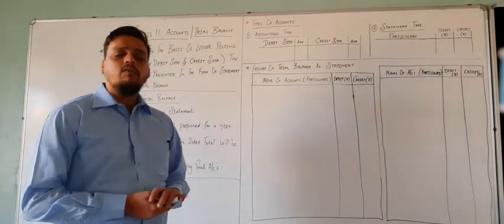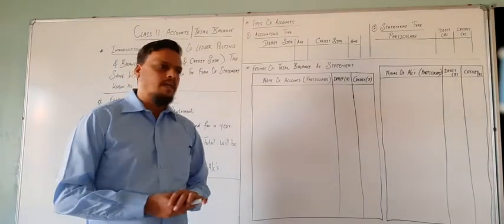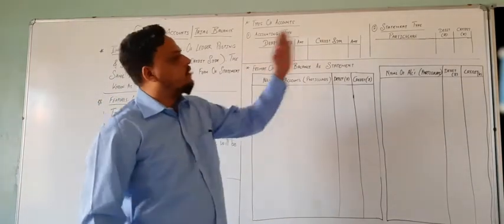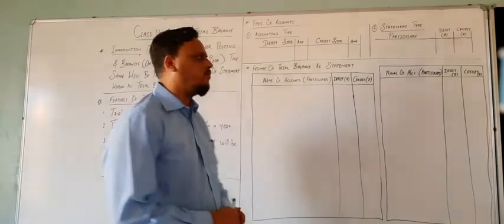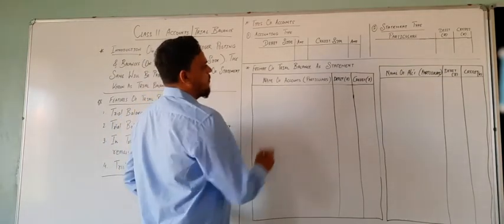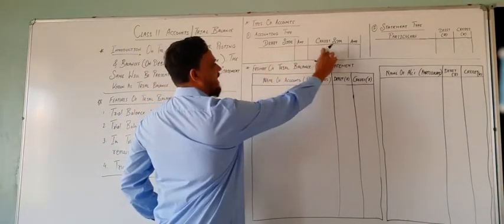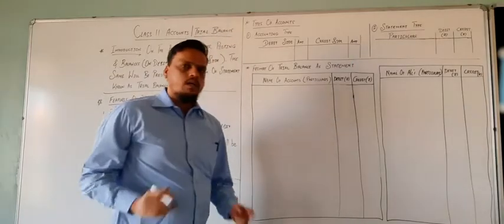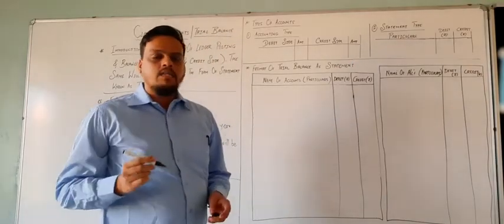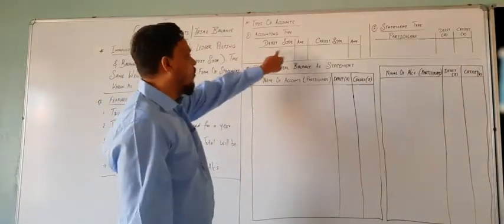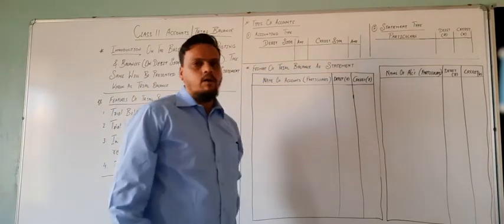The next part is types of accounting. We have two types: the accounting type and the statement type. In the accounting type, we use the same table with a debit side amount and a credit side amount. Here, whatever the balance is, debit or credit, it will be written here along with the amount. But in